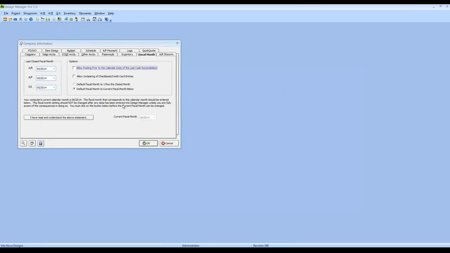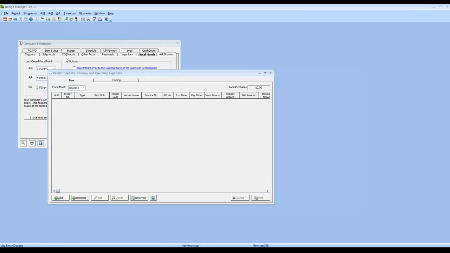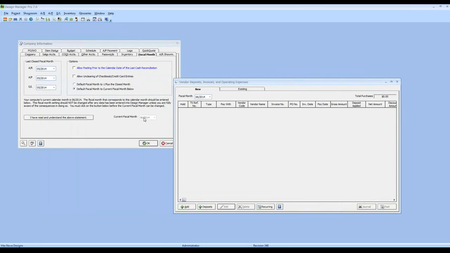So to help the Professional people along, you have a couple options of how you want your fiscal months to be configured. You can do so where I want to always use the fiscal month that is as shown below. So if I'm entering in vendor invoices, notice that the default fiscal month is the one on my company information window. I have another option where I could say, hey, default the fiscal month to one more than my last